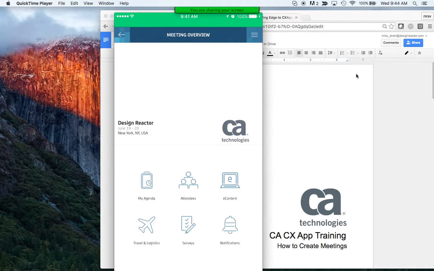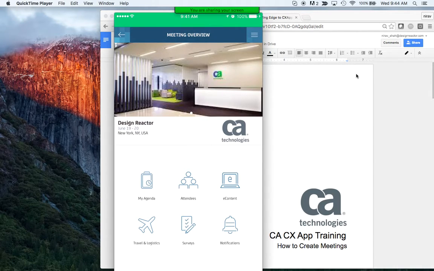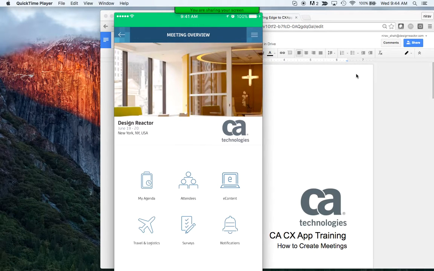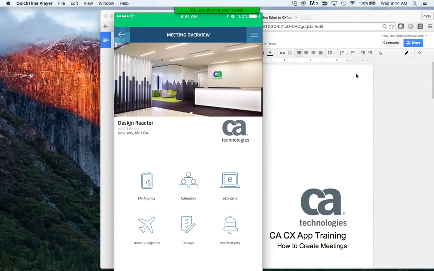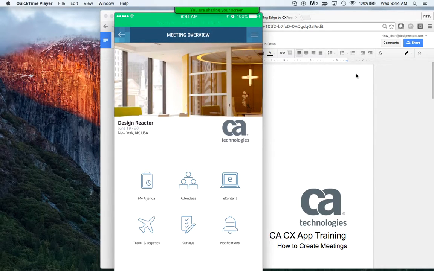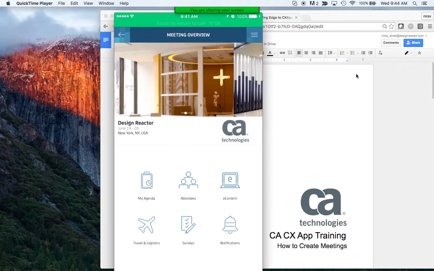Yeah, we'll get into how to publish and unpublish meetings so that they're not all showing up in the app. Okay. So this is the first page that the user will come into to see the meeting overview. And as you can see, on the top you have your banners switching up. You can add up to 6 banners there. Then the meeting information, and then all the other icons are pretty much where you find the information for